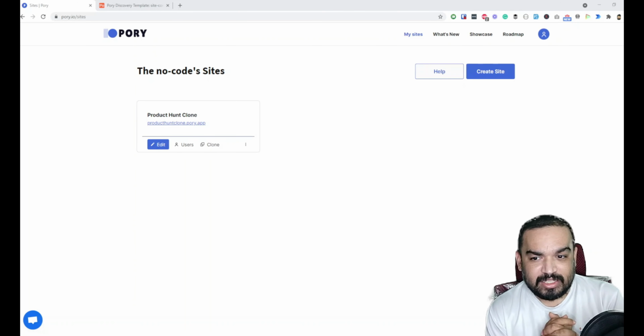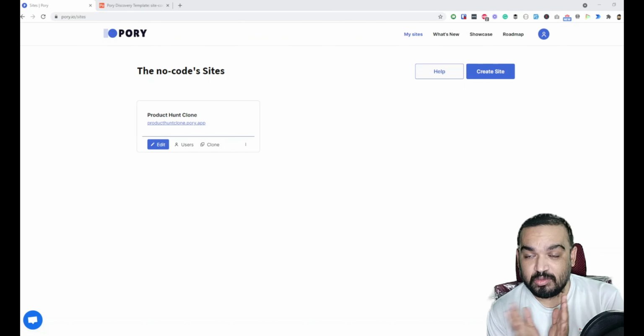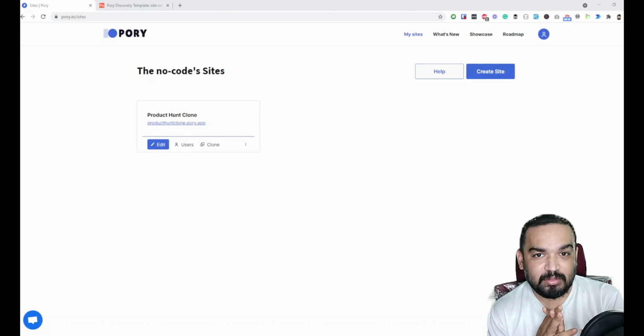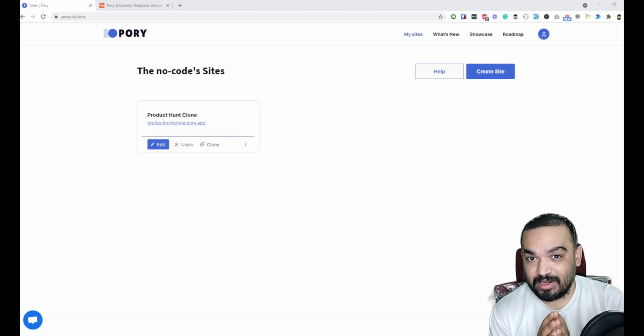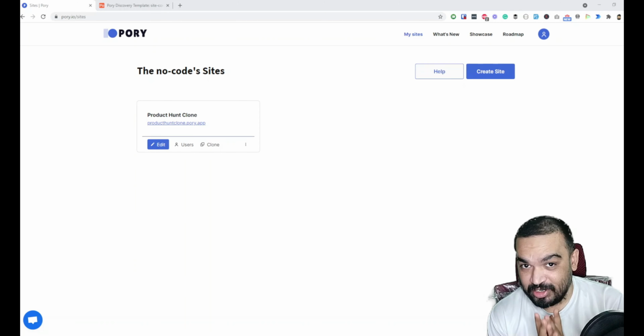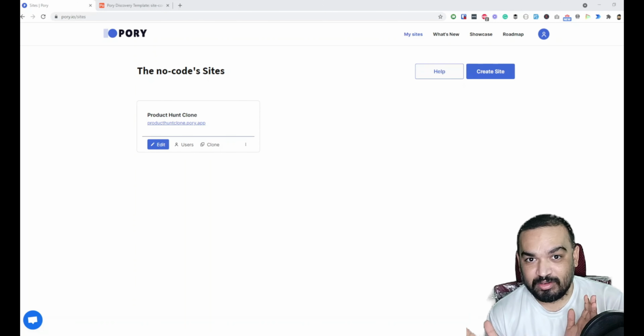And let's say you run a company and probably it's a small startup, I'm assuming, and you want a page where you want to list all the jobs that are available in the company, and you don't want to run behind the developer continuously asking them to create the careers page. You could go ahead and do that right away from here with just one Airtable account and a Pory account, right? So here is the video for you, for all these people, or even if you have some other ideas around what kind of job board you want to create for you as well.